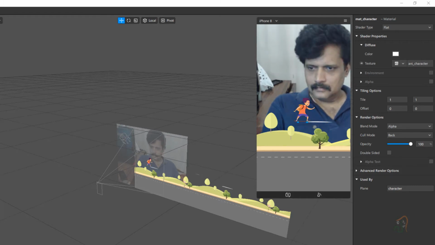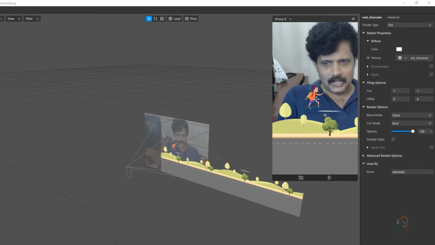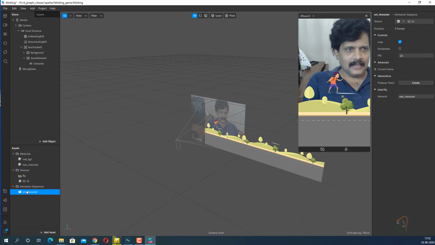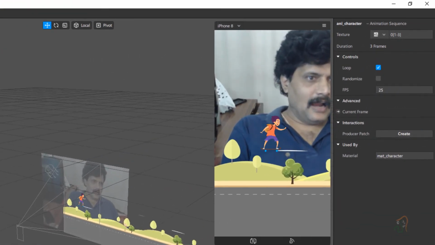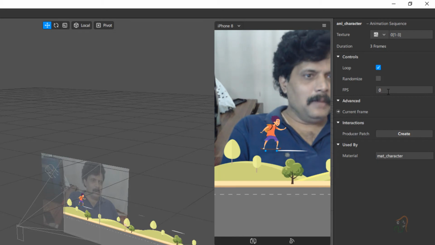But initially we don't want this animation to play, so we want it stopped initially. To stop this, come to the Annie character animation sequence, where frames per second is set to 25. Make this FPS 0. When you make it 0, you can see the animation has stopped playing.